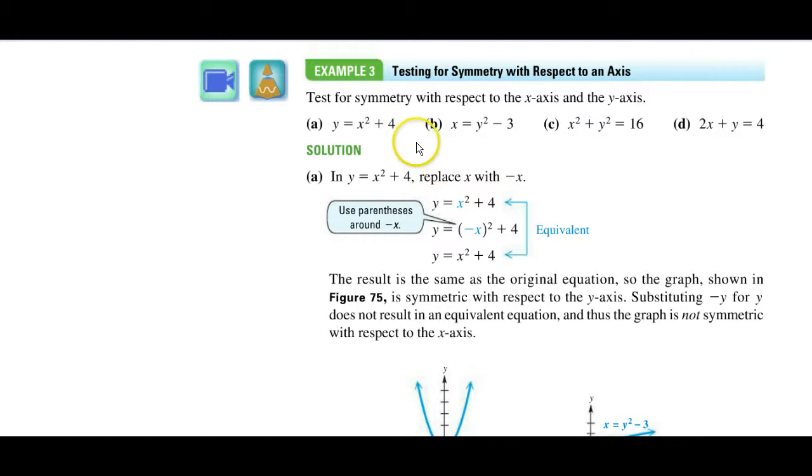What we do is we replace the x with a negative x, and if it's still true, then it shows that it has symmetry with respect to the y-axis. Now, if you substitute a negative y for where our y is, it does not result in an equivalent equation, and thus the graph is not symmetrical with respect to the